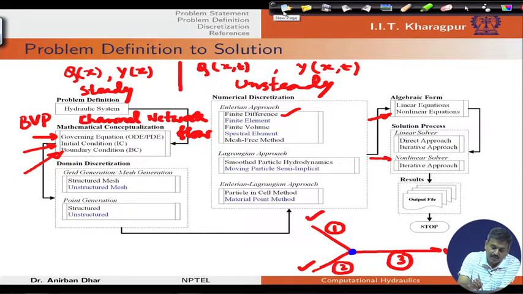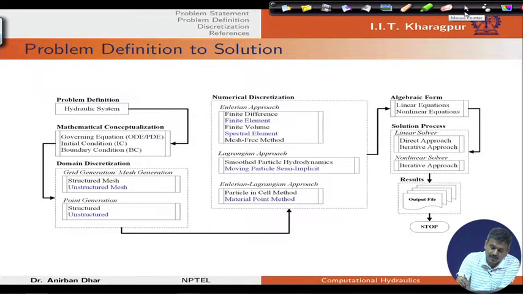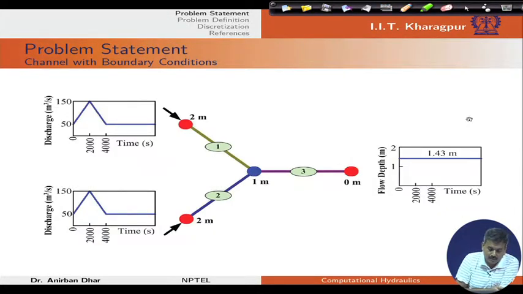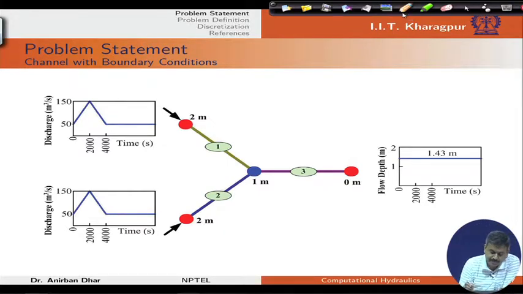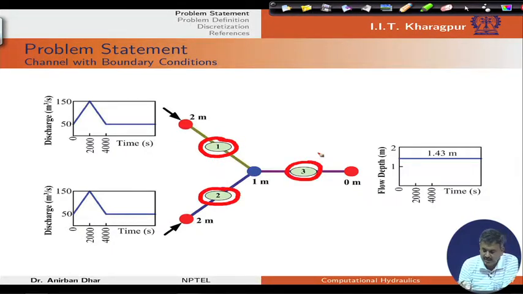So, let us see what is the problem we want to solve. Now, let us consider this network. So, we have channel 1, channel 2 and channel 3. All of these channels are of 5000 meters length,